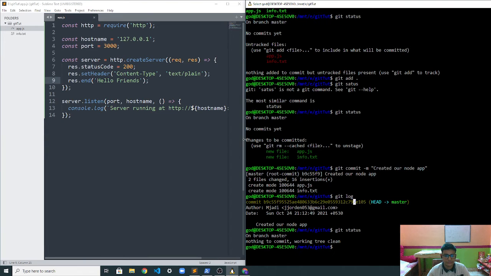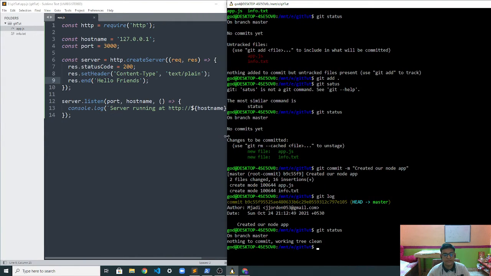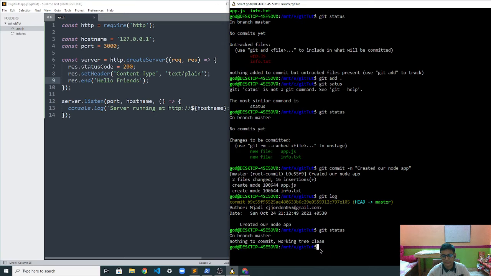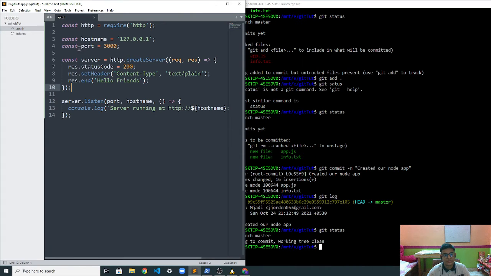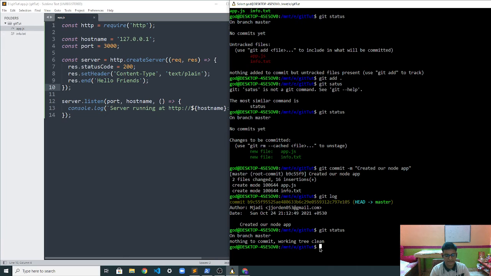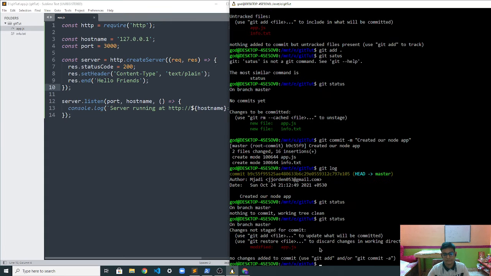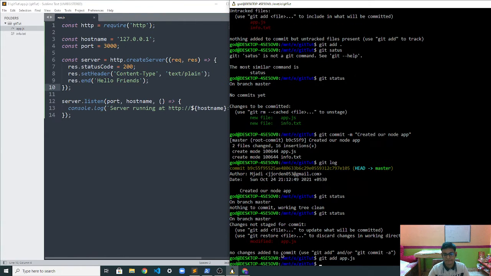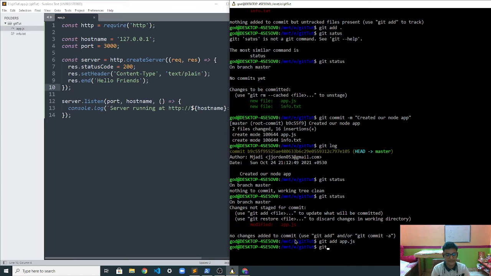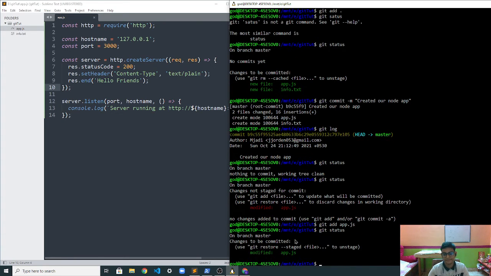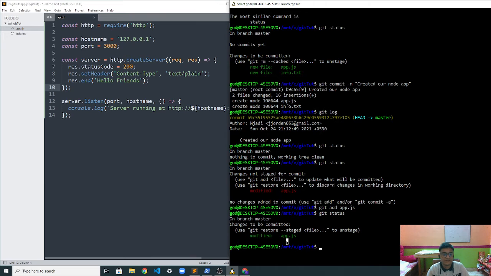So to do that, here we will check git status. As you can see, we have modified but not added it yet. Git add app.js. So now we type git status. We have modified the file over here.